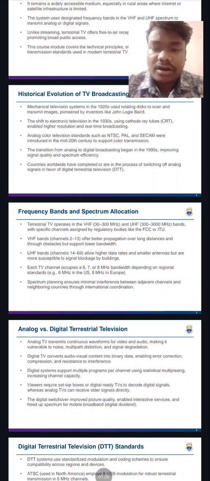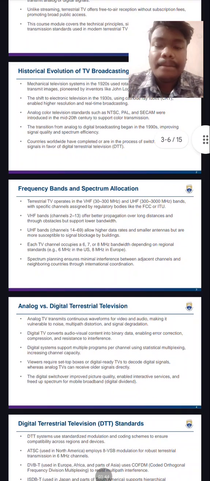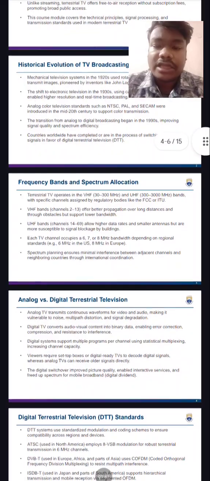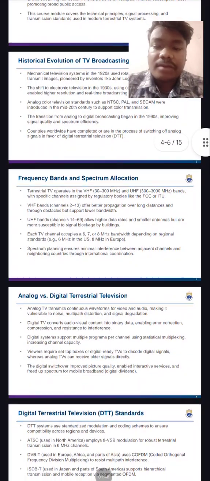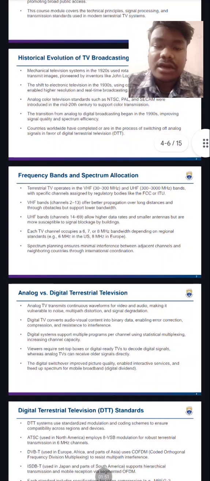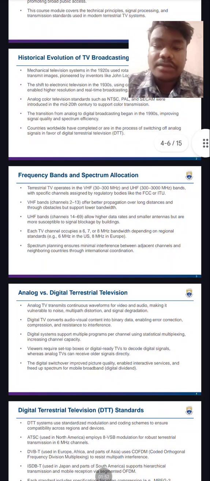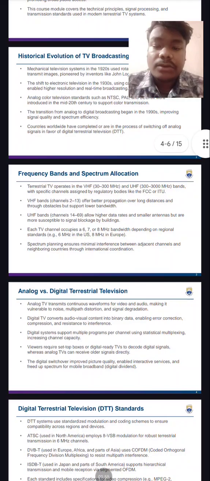The shift to electronic television in the 1930s using cathode ray tubes, CRTs, enabled higher resolution and real-time broadcasting. Analog color television standards such as NTSC, PAL, and SECAM were introduced in the mid 20th century to support color transmission. The transition from analog to digital broadcasting began in the 1990s, improving signal quality and spectrum efficiency. Countries worldwide have completed or are in the process of